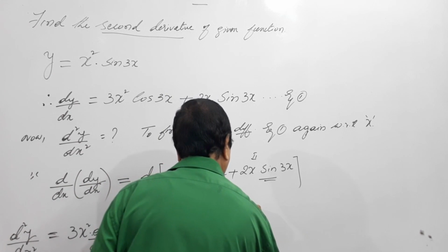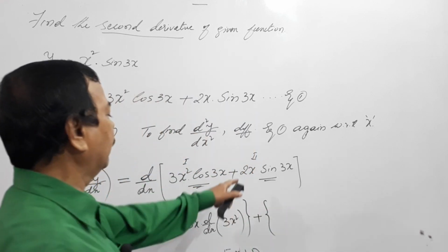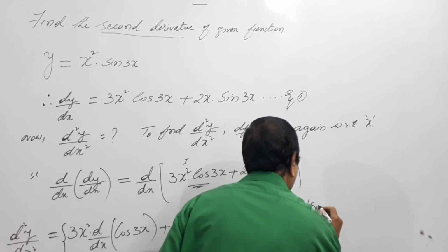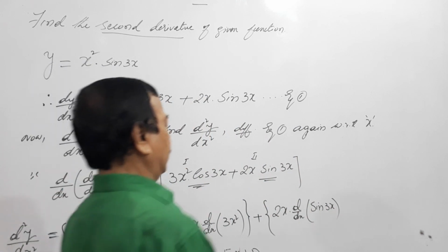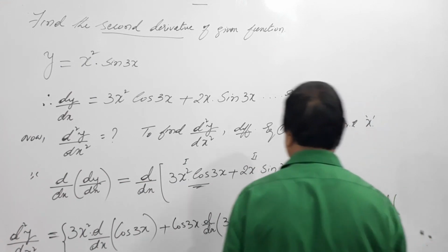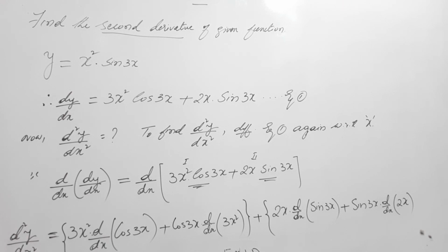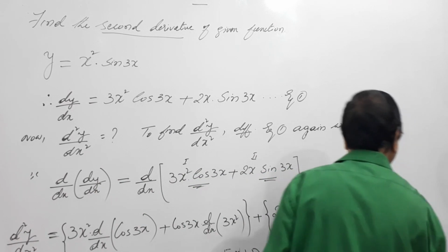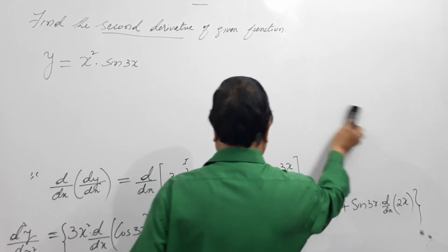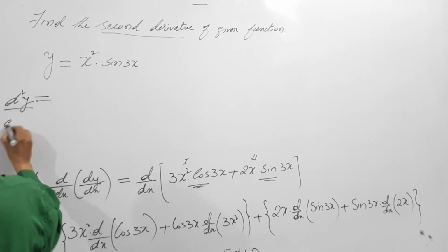So I'll use a flower bracket so that you will not get it wrong. So plus, now we use product rule for this. So I keep this 2x into d by dx of sin 3x plus sin 3x into d by dx of 2x. And close the bracket. So I'll rub this. That is d square y by dx square